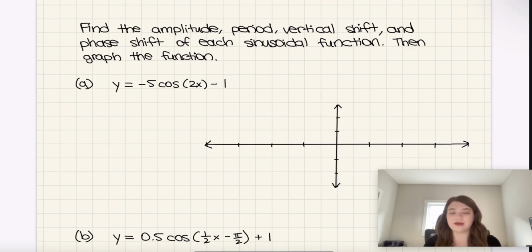So regardless of whether the questions at your school are asking you to find all these things, it's technically a requirement if they're asking you to graph the function anyway. So let's dive in. Okay, so first of all, it says to find the amplitude. So in this first one here, the amplitude is 5